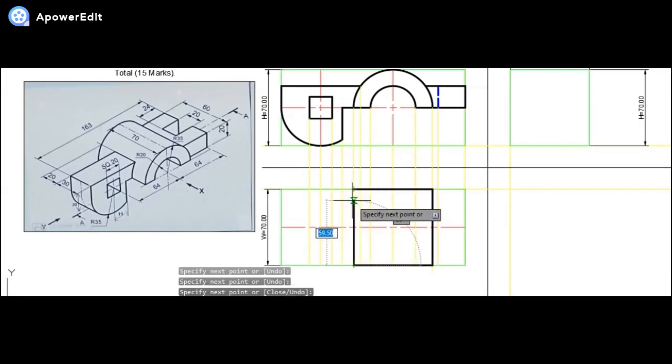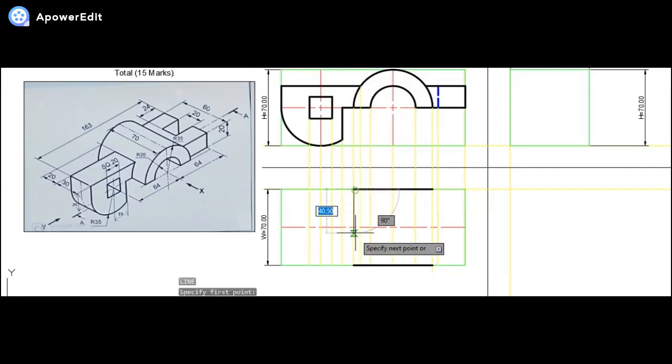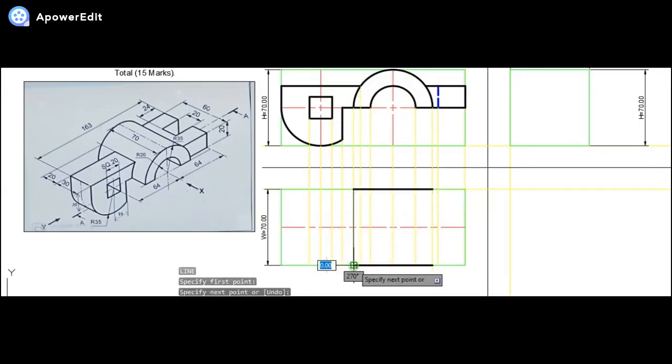Whatever edges are not seen to me, let me draw those as faint edges comparatively, so that we can simply trim out or delete the edges later on. So this I am drawing as faint. Even this one I am drawing as very faint. Okay. So once we are done, let us proceed further now.